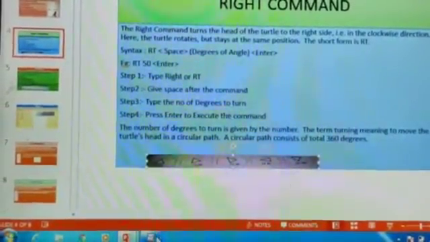Now I'll show you how to give command in the input box. We'll open logo application. Now here in the input box, put the mouse pointer and press left button. Then the command window will be highlighted. Now we will type the command. RT, you can give RIGHT, right space 40 steps, enter. Now you can see turtle has been turned toward the clockwise direction by 40 steps.